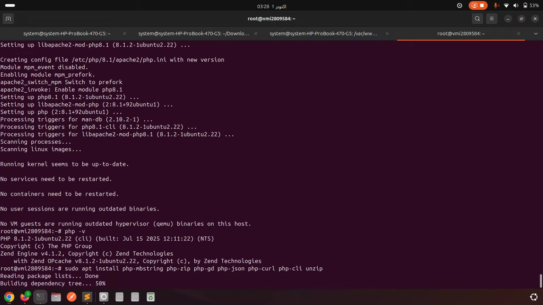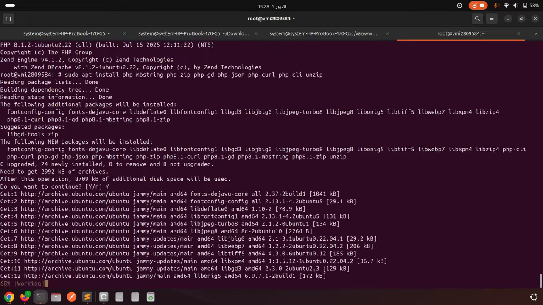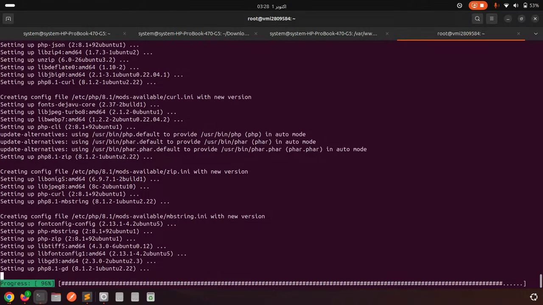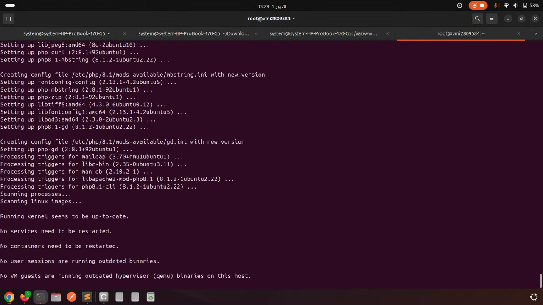Press enter. Press Y to continue. These are the additional PHP extensions for modern applications that are required.